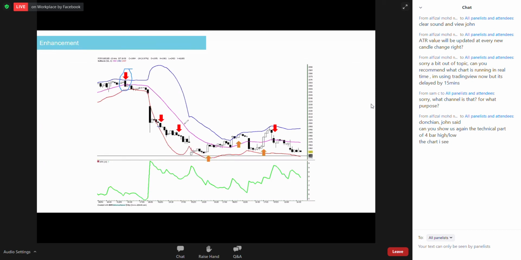It doesn't matter. This one we won't take. We won't take this. We won't take this. We won't take this. We will take this. We won't take this, and we won't take this. Okay, so you see from an existing plan, 1, 2, 3, 4, 5, 6, 7 signals, we will only follow 1, 2, this one, and this one.